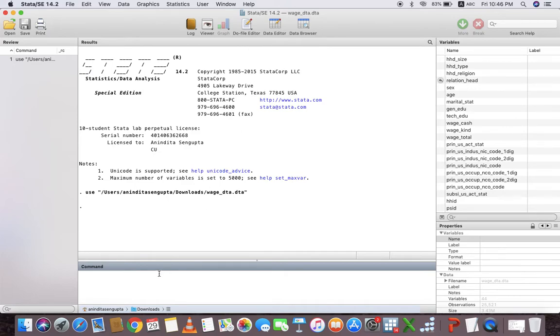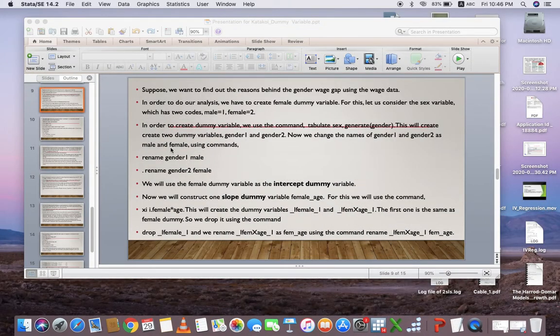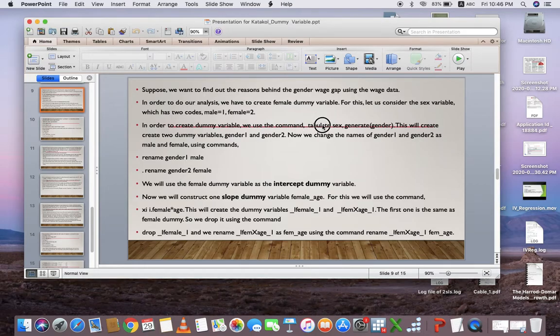If we tabulate our sex variable, we will see that it has two codes, 1 and 2. 1 means male and 2 means female. From these we can construct the female dummy variable. To construct it, we just use the command tabulate sex, generate gender. This will create our two dummy variables.